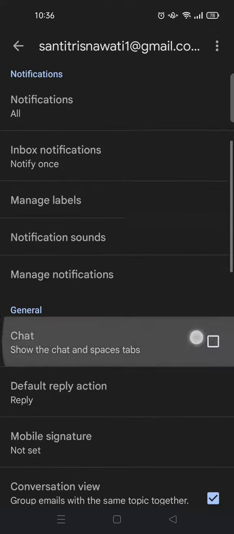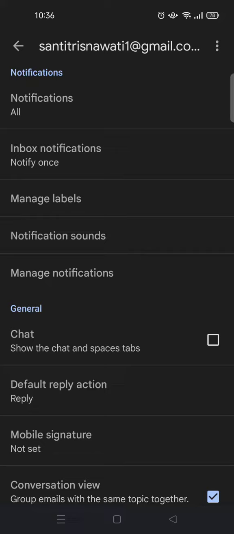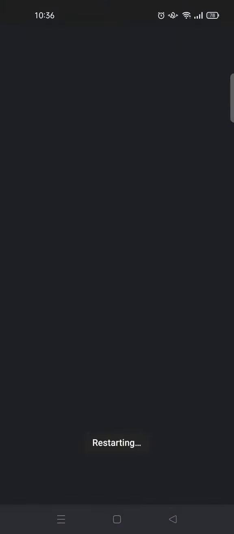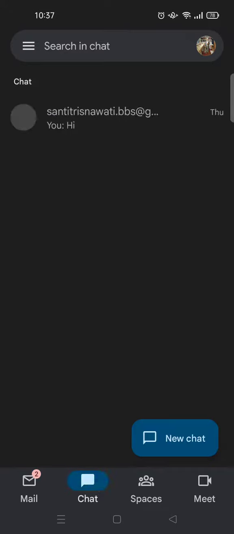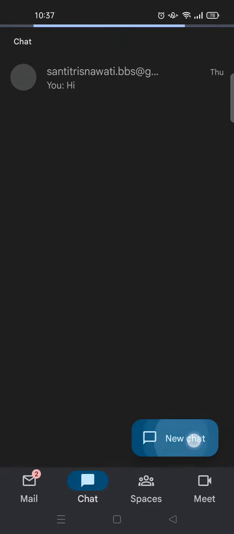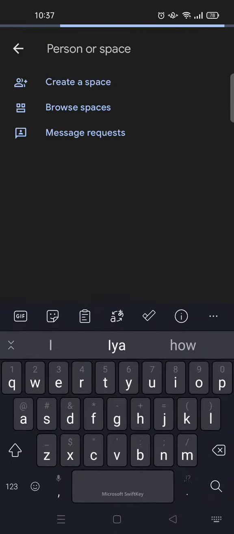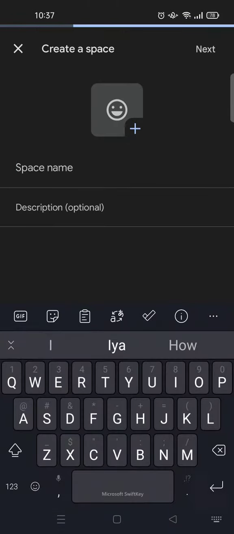You need to click on this box right here to show the chat, and also to allow the chat feature in your Gmail. When you click on that, the chat feature will appear at the bottom. To start chatting, you can just click on the chat, and then click on new chat, and then click on create a space,